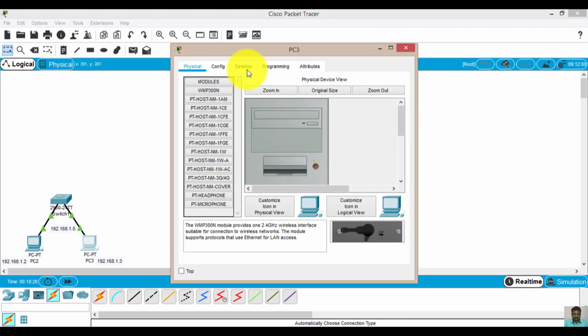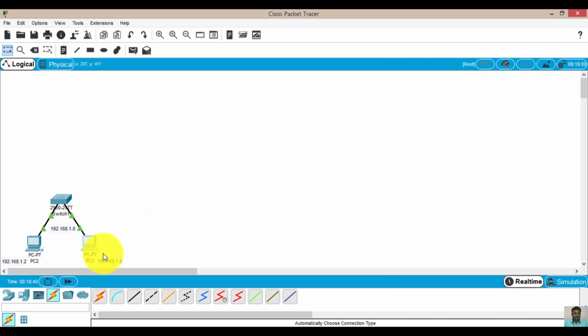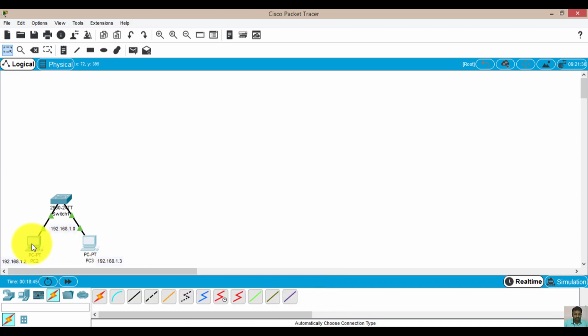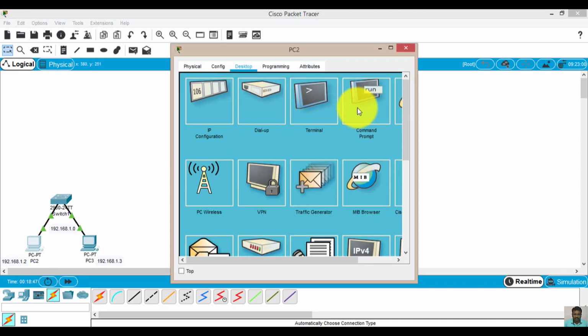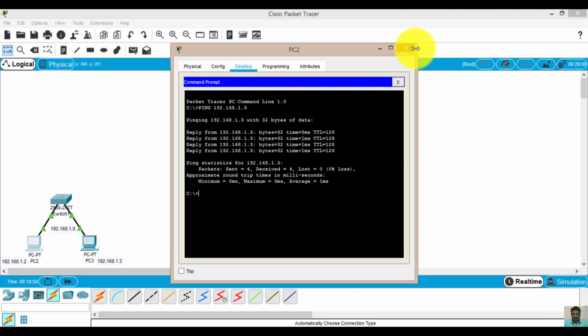Second system, click on Desktop, IP Config, 192.168.1.3, and my subnet mask is already visible here. This is for class C because the IP address is a class C address. So I have done these first two things. Now let's check if I'm able to connect these two systems. From this system, I'll go to the command prompt. I can simply type ping 192.168.1.3, press enter. Yes, I'm getting a reply from this system. That means I'm able to connect these two systems.